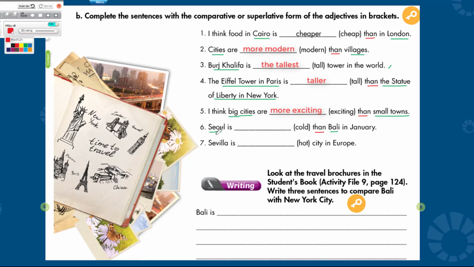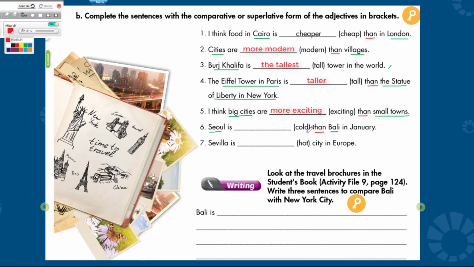Seoul is the capital city of South Korea. Okay, Seoul là thành phố thủ đô của Hàn Quốc. Right. Bali Island in Indonesia. Okay, đảo Bali nằm ở Indonesia. Right. Chủ ngữ 1, chủ ngữ 2 và đặc biệt trong câu có than. Như vậy câu này chắc chắn là ở dạng so sánh hơn. Right. Thì ở dạng so sánh hơn thì